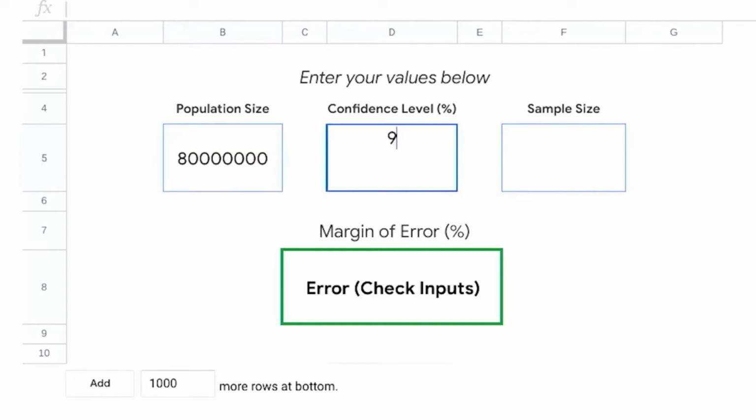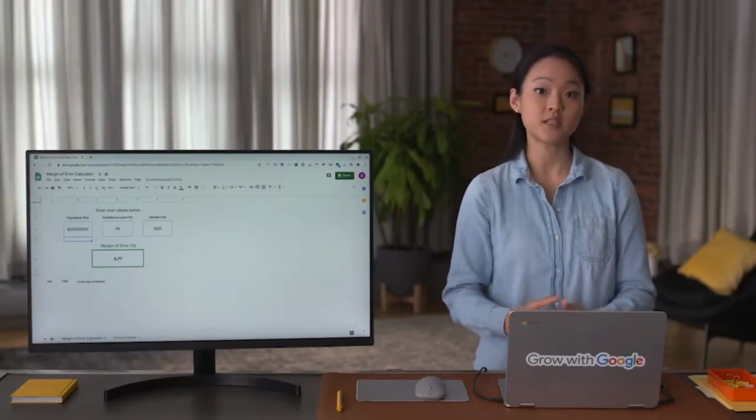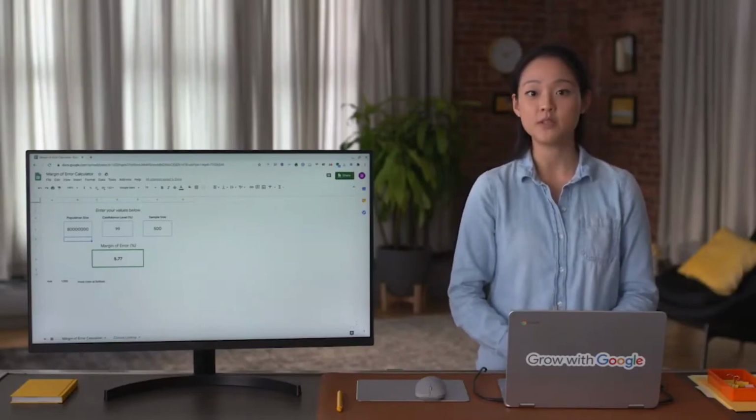We'll put the numbers for population and confidence level and sample size in the appropriate spreadsheet cells. And our result is a margin of error of close to 6%, plus or minus. When the drug study is complete, you'd apply the margin of error to your results to determine how reliable your results might be. Calculators like this one in the spreadsheet are just one of the many tools you can use